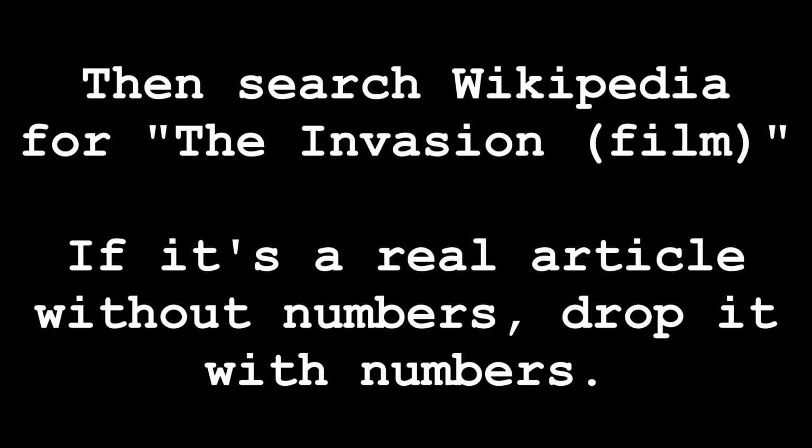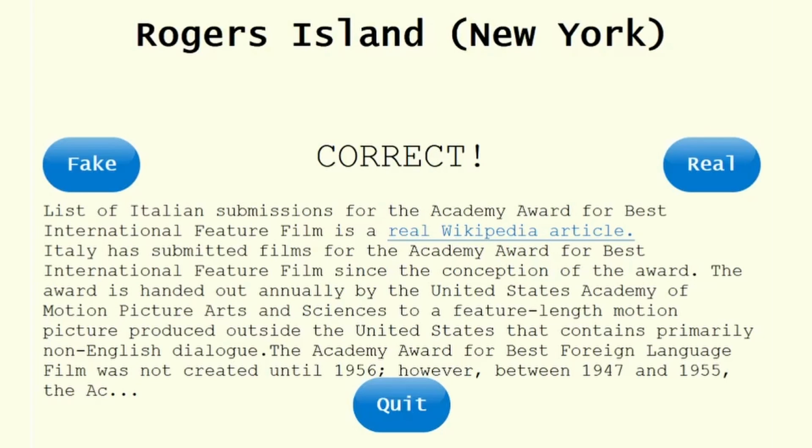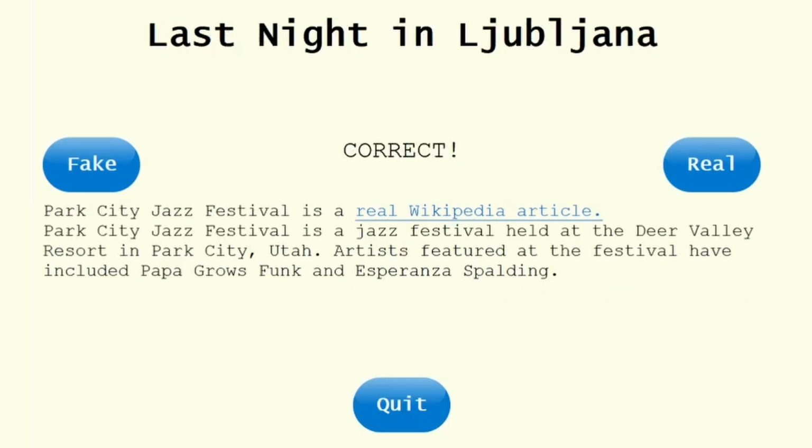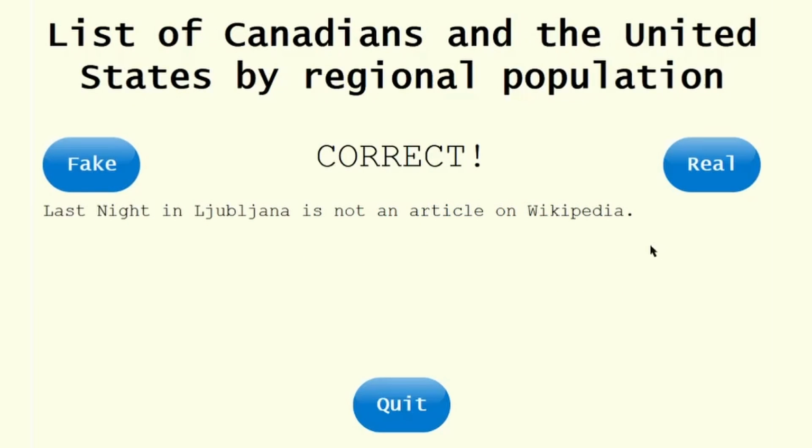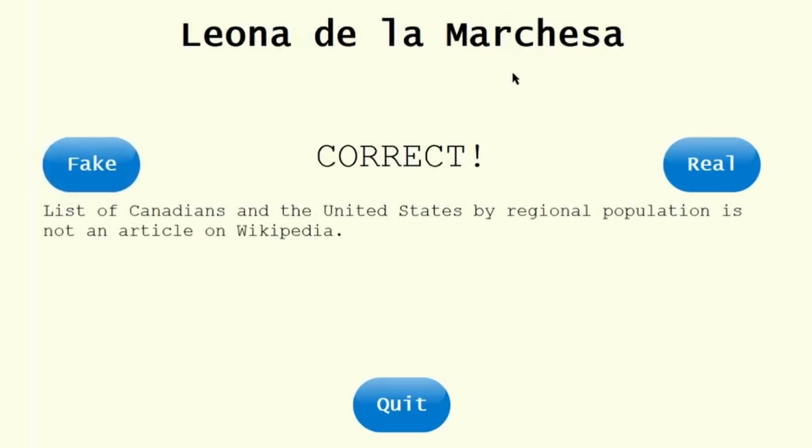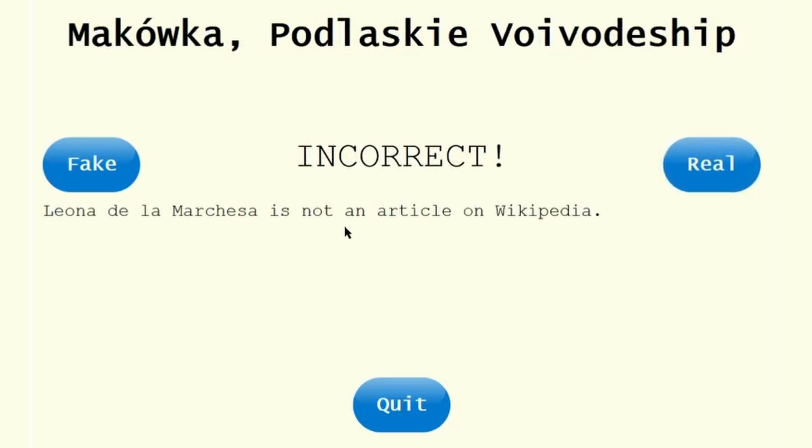If the article had numbers in it, my script queried Wikipedia for the article name stripped of those numbers. If there was a result, then I removed it. Otherwise, both the article and the numbers stayed. Once all that was done, and we'd removed all the bad articles, I had a list of about 10,000 fake article titles. I made a quick console Python script to gather a bunch of real articles from Wikipedia, and have it give me either one of those or a fake article title, and have me guess if it was real, telling me if I was right every time.